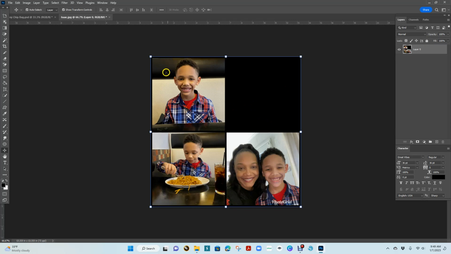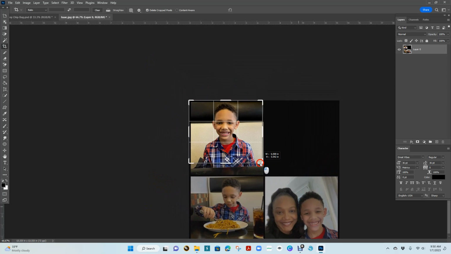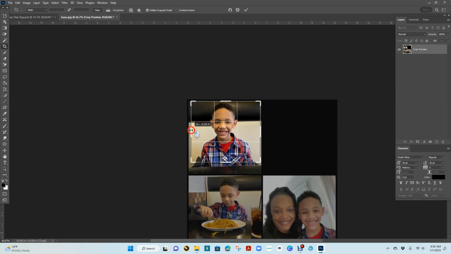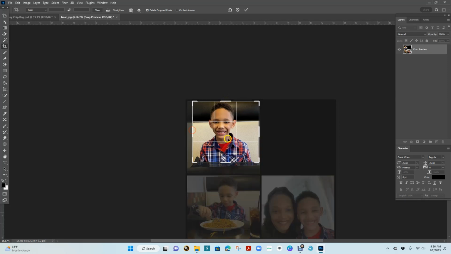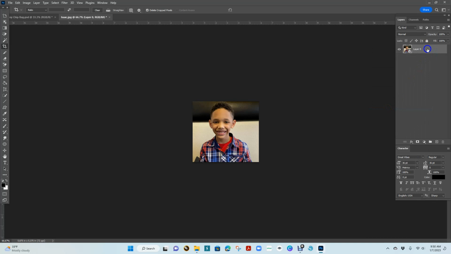So now what I want to do is get this image here. So what I need to do is go to crop, and now you see these little brackets here that come on the end, and usually I just take the corner and I go up and bring it to the part that I want to crop. Then I'm gonna right click inside the image and do crop. Now I want to do a convert to smart object and rasterize. Now I'll be able to drag it over to my